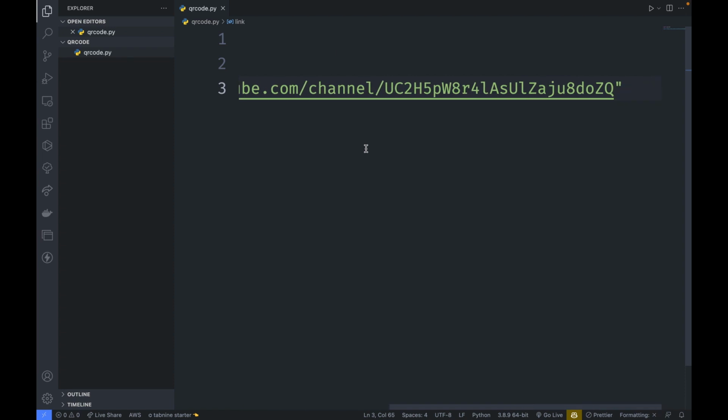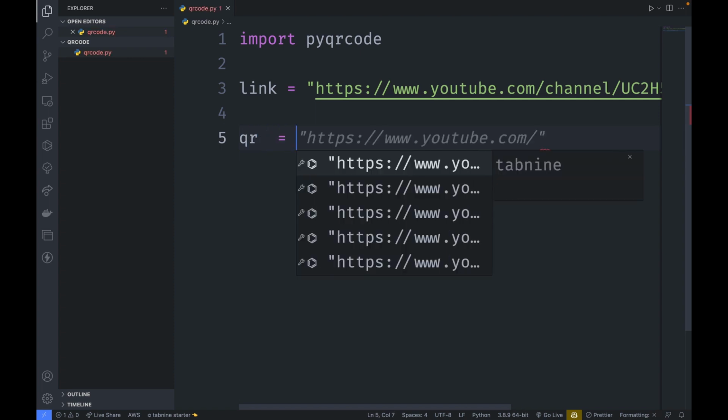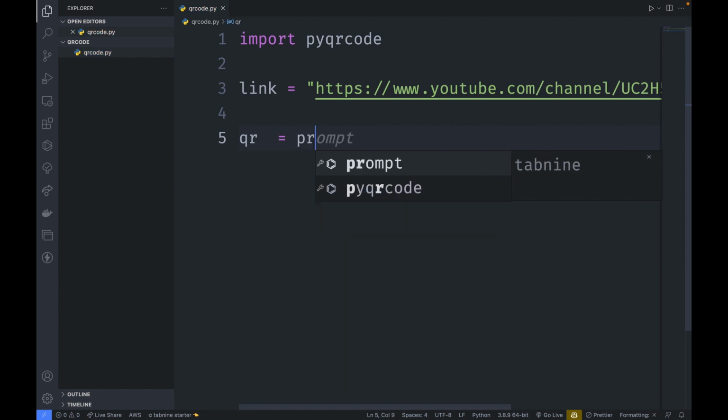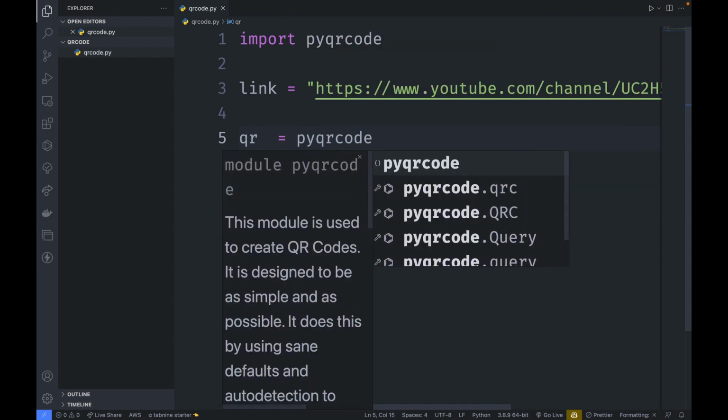So there's a link. Then what I will do is I will create a variable called QR. Now QR will use the pyqrcode to create the QR code for me.